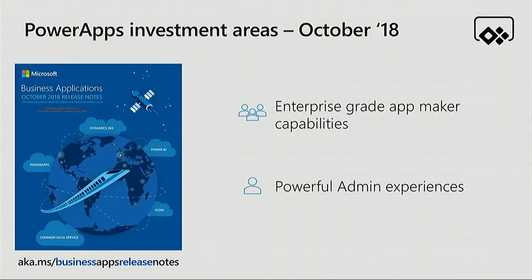And in terms of where we're heading, what are our major roadmap items? I'm going to talk about what's coming in our October release, with things coming out in private preview, public preview, or general availability, and things also released later this year. I'm going to step through all of these items, but two main areas of investment for us have been enabling enterprise-grade app creator capabilities, or app maker, as well as powerful admin experiences so you can manage Power Apps in the hundreds or thousands of apps that may start sprouting up in your company, which is something we're seeing as an emergent phenomenon for customers today.